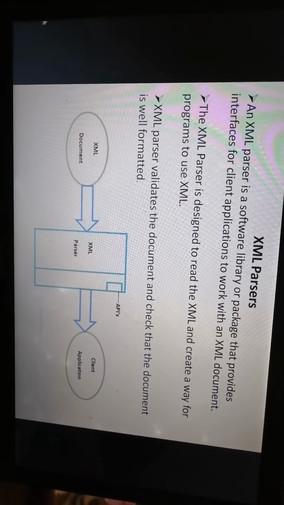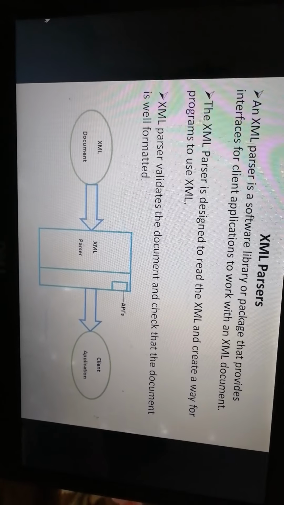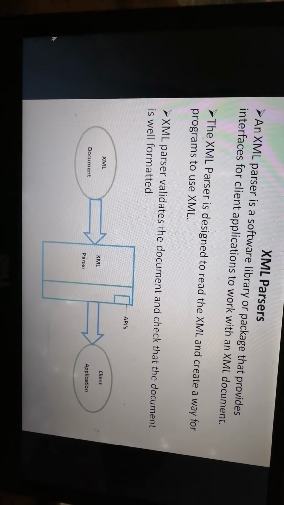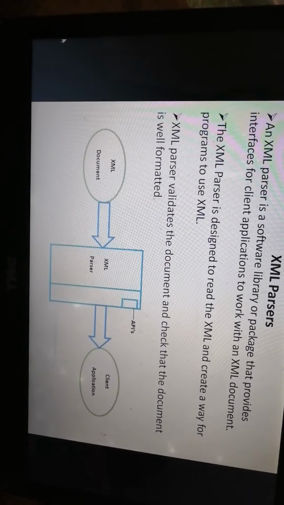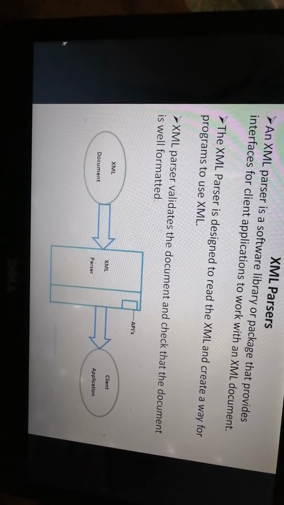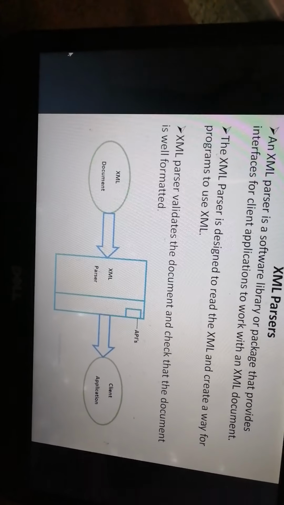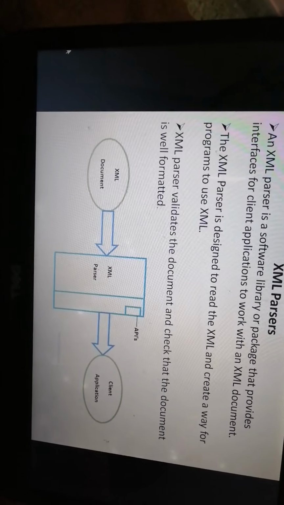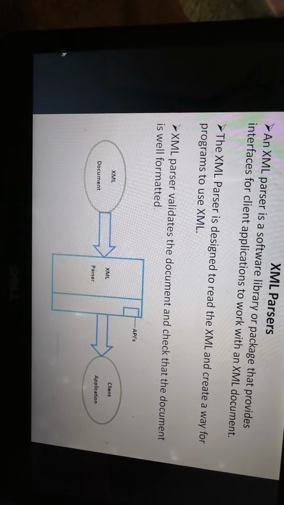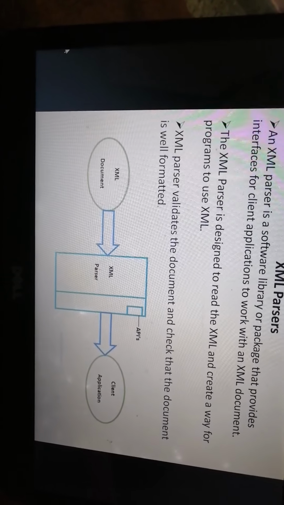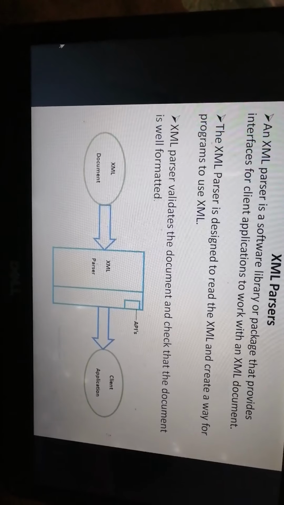It is software used to read the XML data, and that is how programs, such as a Java program or a PHP program, read XML data.